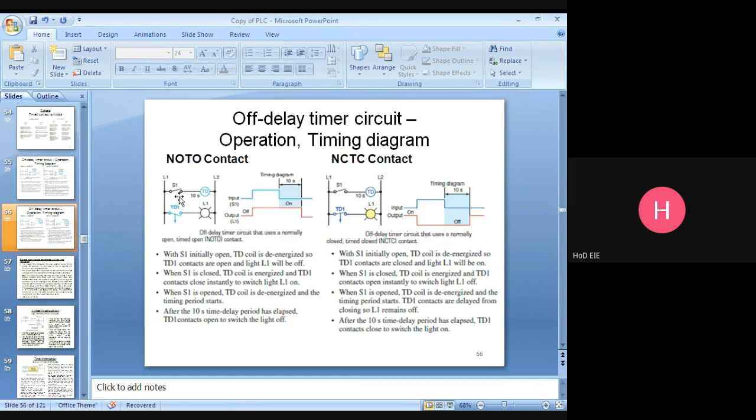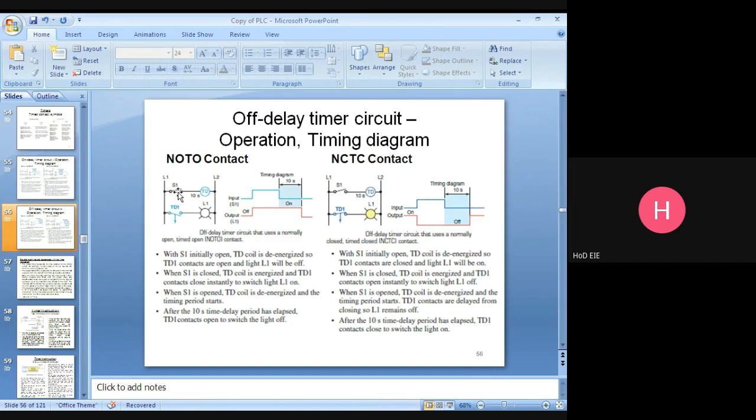This one is normally open. With S1 initially open, the DD coil is de-energized, so DD1 contacts are open and light L1 will be off. This is normal operation.